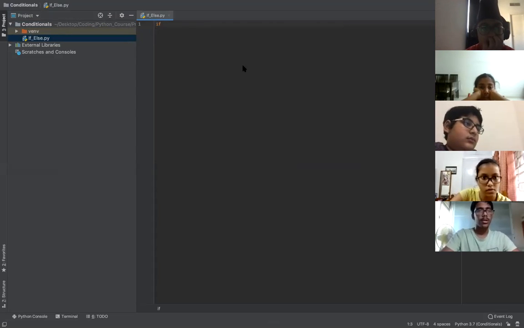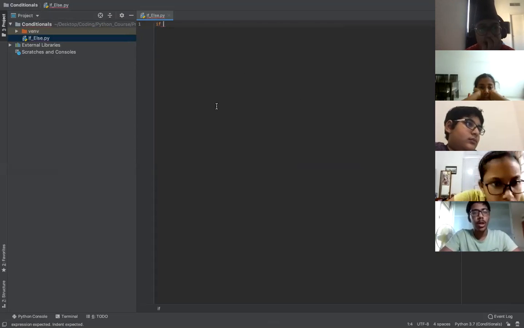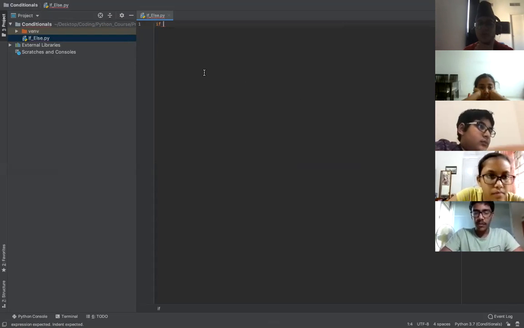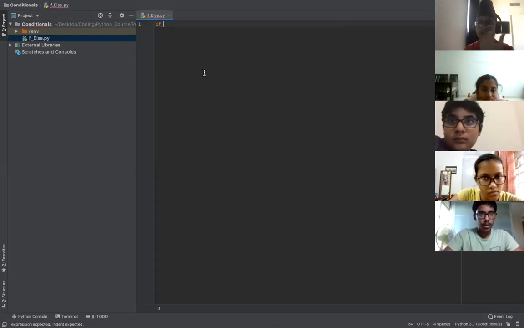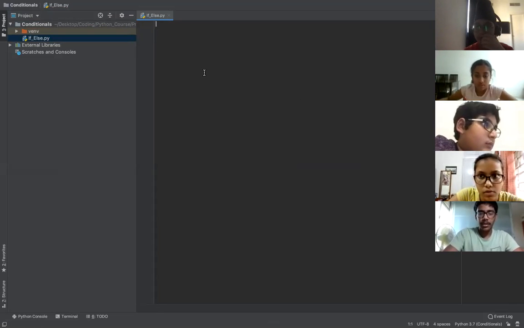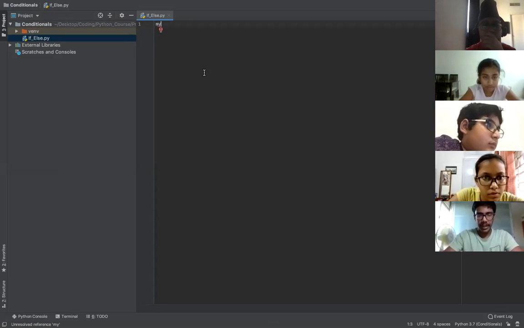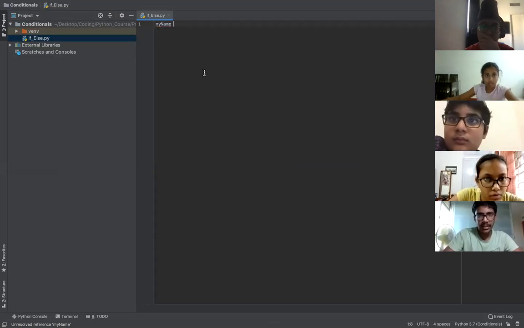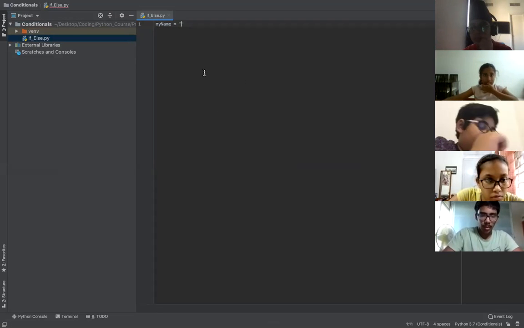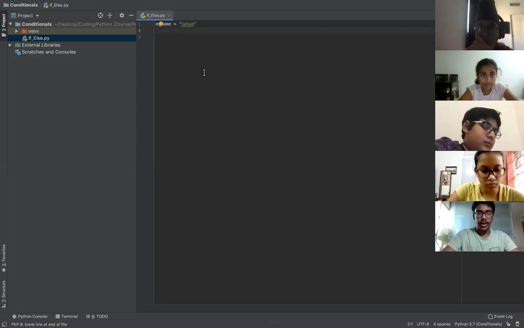If you can see the orange color, meaning that it's a keyword, then you can say if. Now we can define the statement. I define a variable named my name, and I set that to Sabad, since that's my name. Now I do if